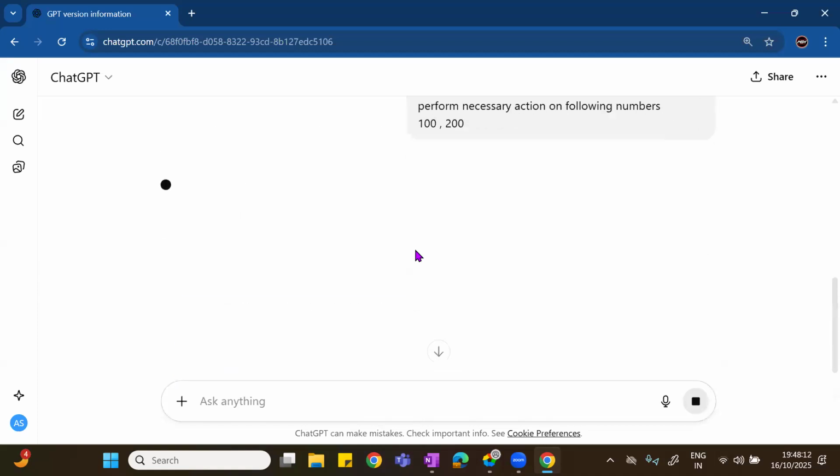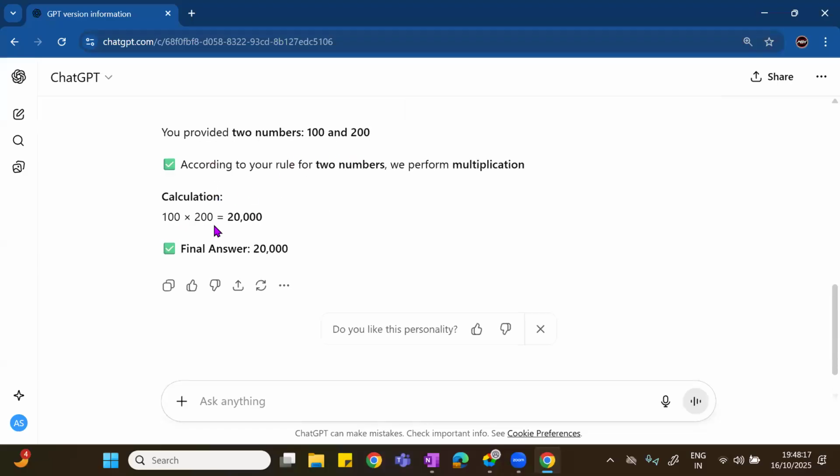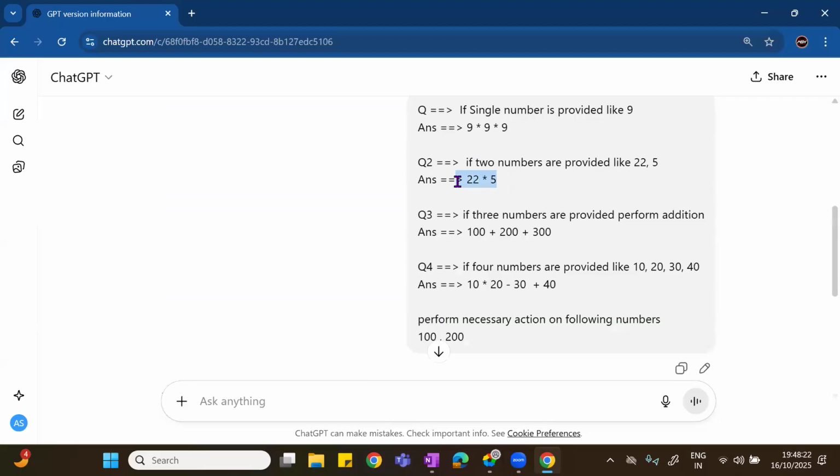See this? As per the example, for two numbers it does that.